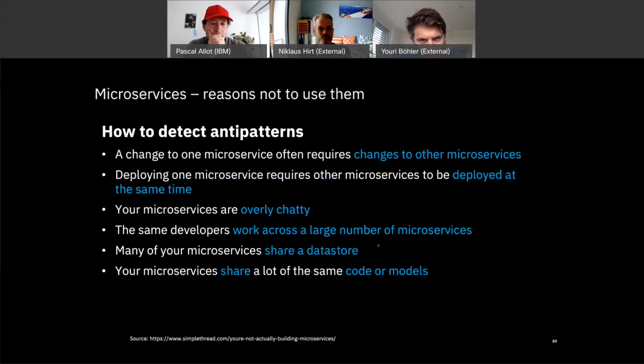So how do you detect anti-patterns? If you start the microservice transformation and you see that when you change one microservice, you have to make changes to other microservices, then something's wrong. That's not good. It should be independent as much as possible. It's obviously not always possible, especially if you have to change the API, but normally they should be more or less independent. So if you see that often, you know that you have some problem with your